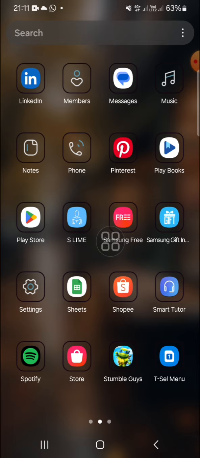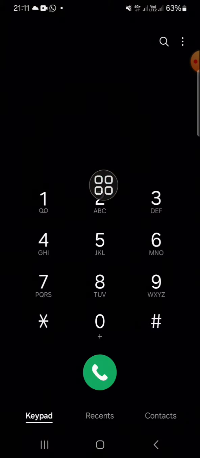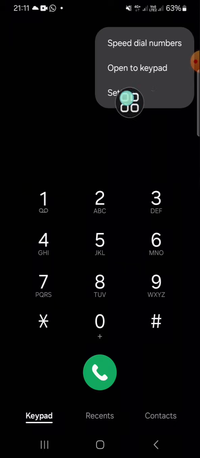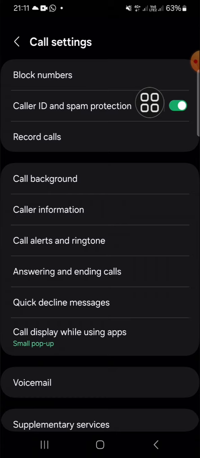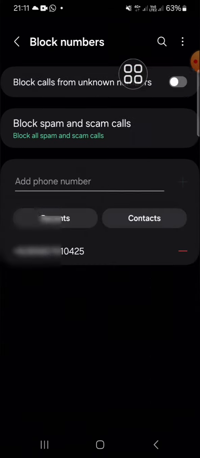Here I have opened my Android phone, and first of all we have to go to our phone application. This is my phone application. I'm going to click on it, and here we can go to the phone setting, click on the three dots and select settings. And if you want to unblock numbers, you can go to the block numbers, and this is